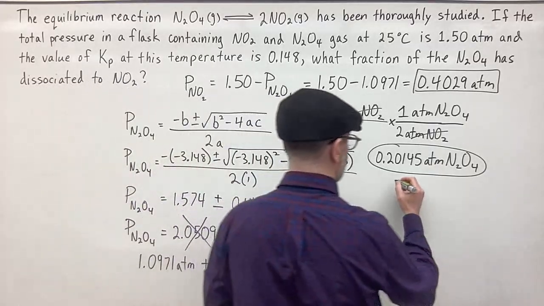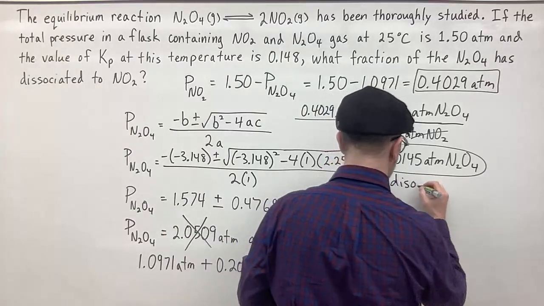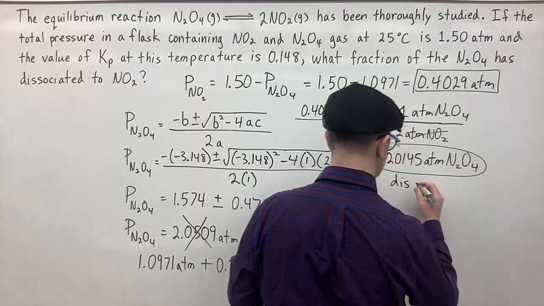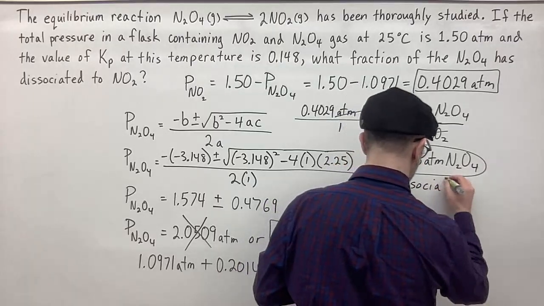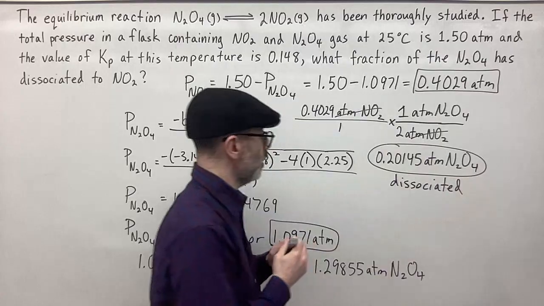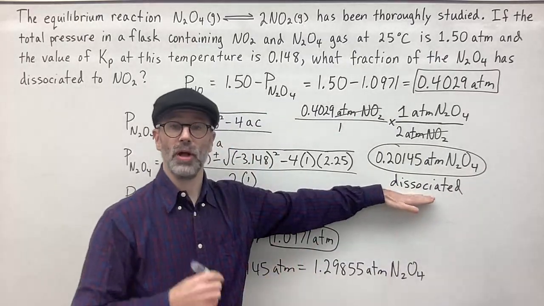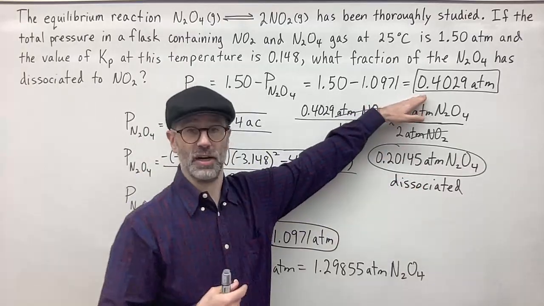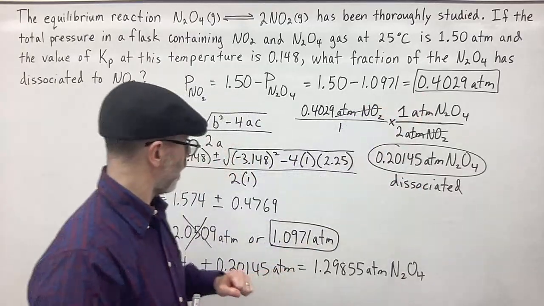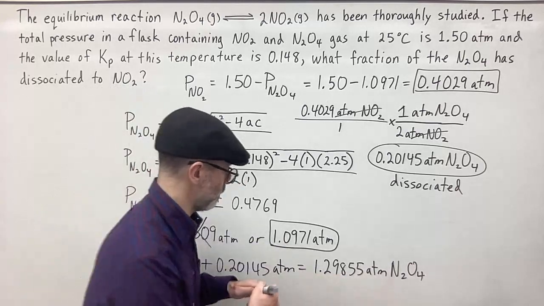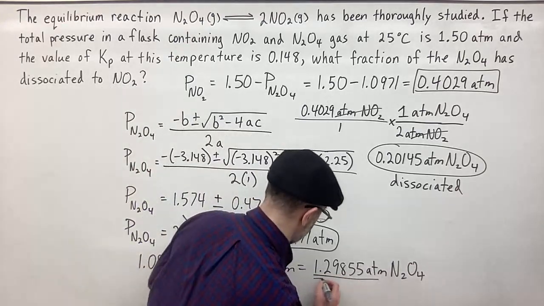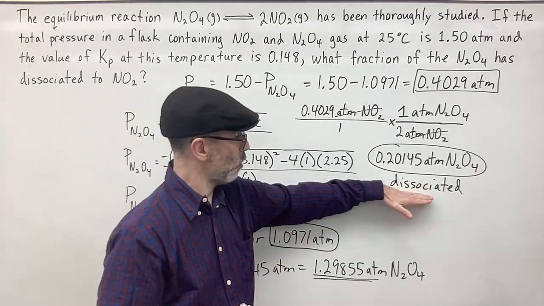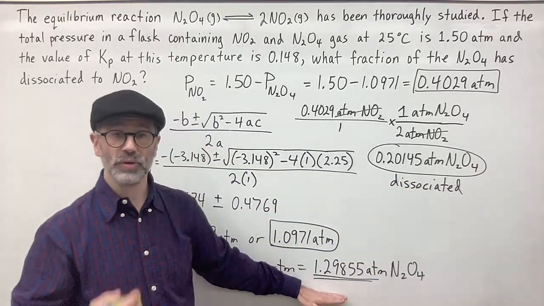Well, this is the amount dissociated. So this is the total amount that dissociated to give me this amount of NO2. This is the total amount that I started with. So to get the fractional amount, I take the amount that dissociated divided by the total that I started with